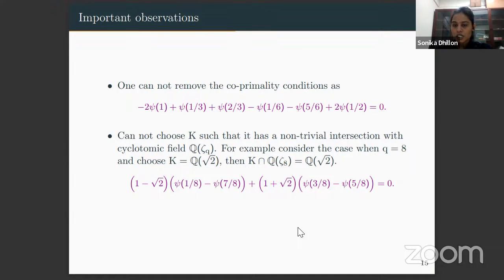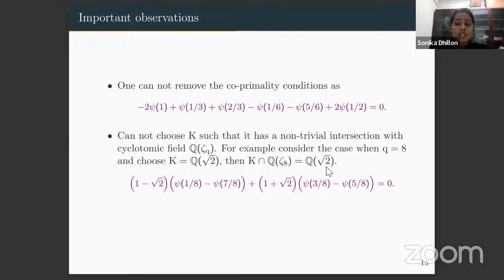But here one question arises: k intersection with the cyclotomic field is Q. So what happens if it is not Q, but some field, say k1, which properly contains the field of rational numbers and sits inside Q(ζ8)? How much can we extend? I have considered the cases for 2 to the power n, and for some cases I tried to solve this, and what I have realized is that here also their intersection with the cyclotomic field is basically the maximal real cyclotomic field.